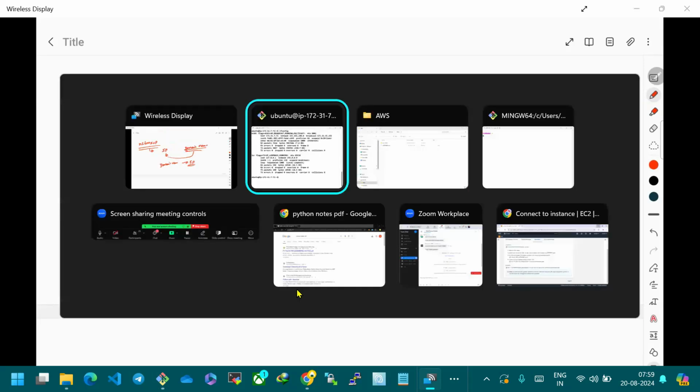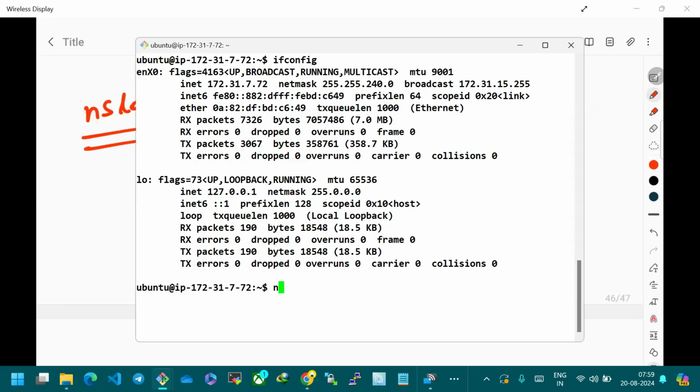That's it. See here, I just write nslookup and